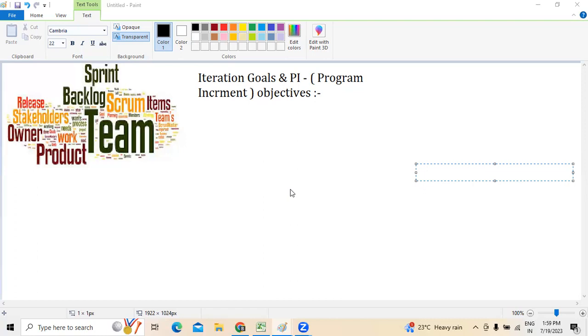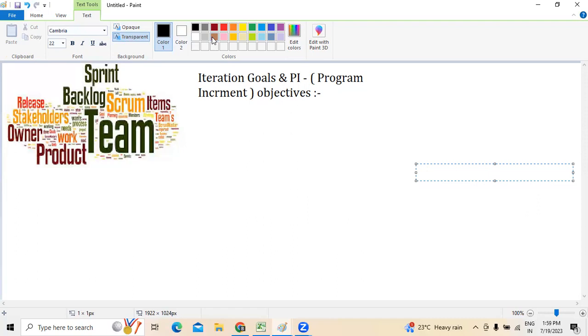Along with that, objectives represent agile teams committing to the deliverables of the product increments as well as the iterations. It also creates a kind of feedback loop from the business to the teams, where this loop will ensure both parties understand the organization vision. So in order to understand this, we need to know about two different things.